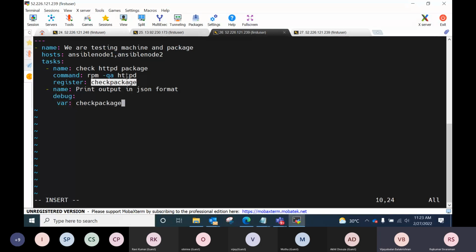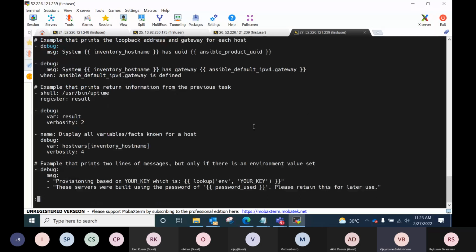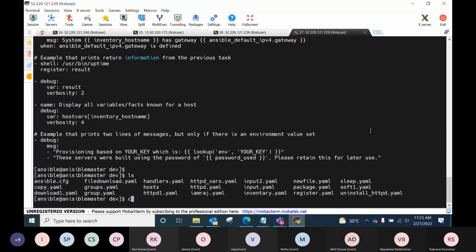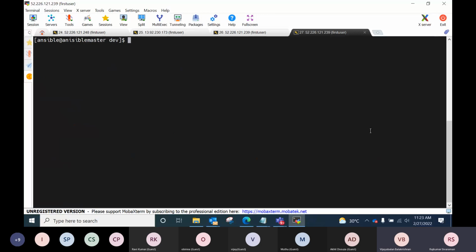Just save it, but don't come out, so that you will save a lot of time. Save it. Go back here, come out, press Q, come out. Clear the screen, Control L. So now you execute this